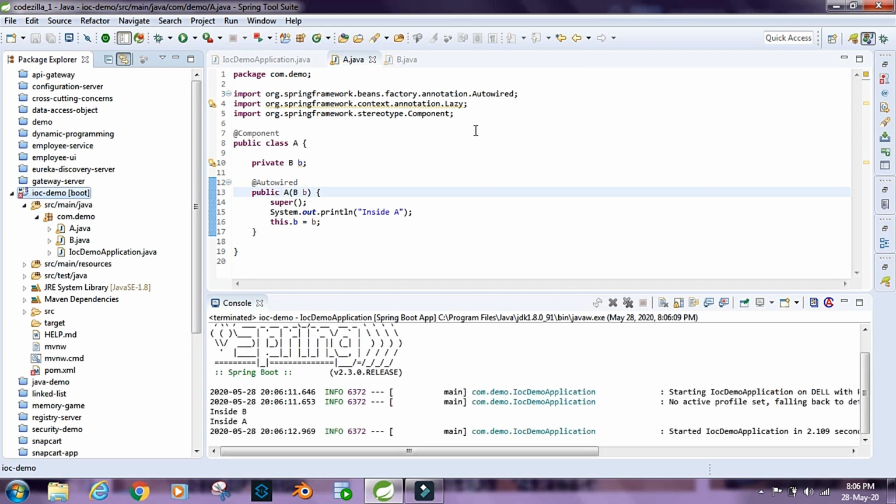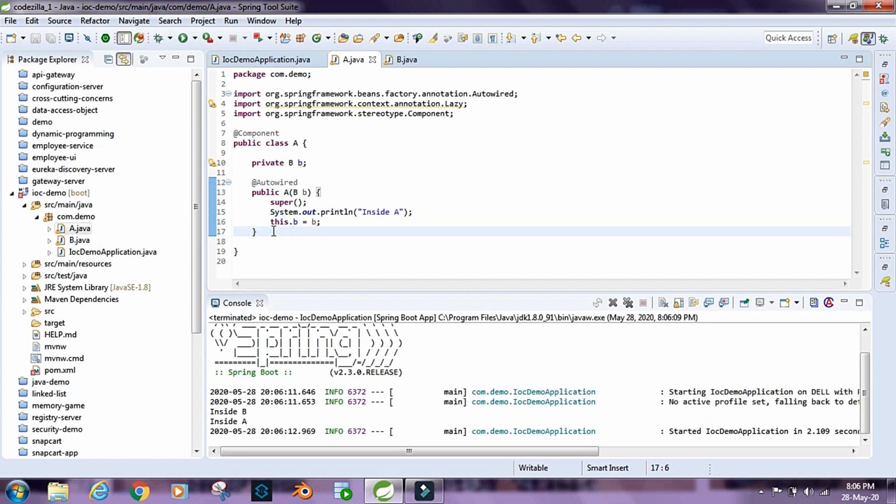So this time our application runs successfully, and there's no exception, there's no error, but we have B printed first and then we have A. What is the reason? Here we haven't marked this constructor parameter with the @Lazy annotation, right? So this bean would not be lazily injected. So at the time of creation of the object of A, the object of B must